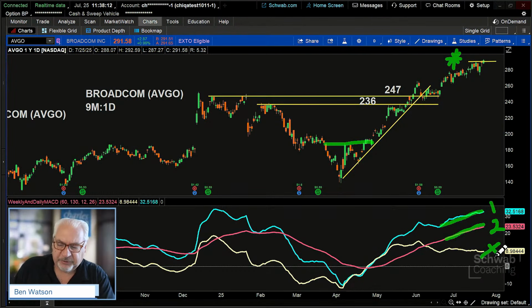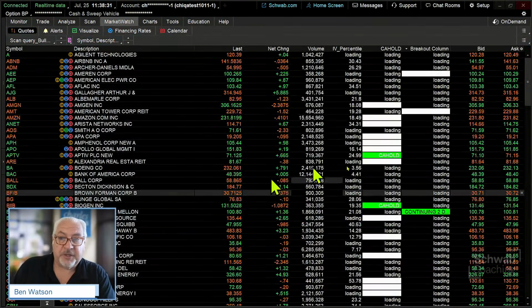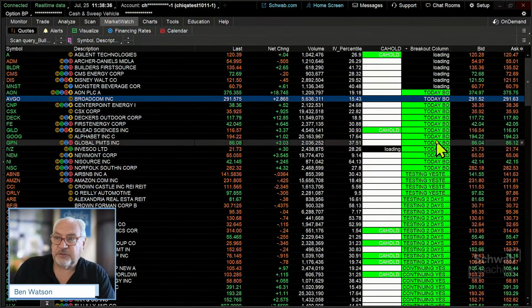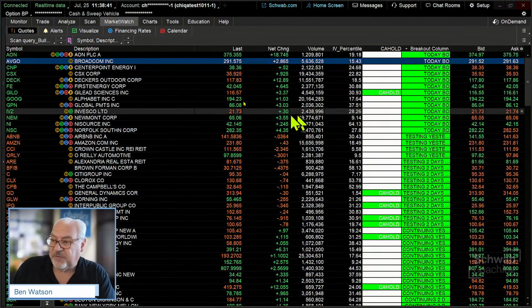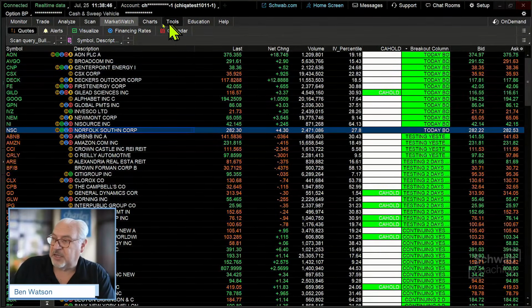Let's look at a couple of other examples here, and we'll also look for potentially an exit signal. So let's pop back over here, back to our Market Watch tab. We're starting to see more breakouts at the moment, so it appears to me that perhaps this market is starting to pick up some steam. Let's take this one, which is Norfolk Southern. I know that there's some news out about Norfolk Southern. And again, this is where maybe we've got a little bit more confirmation, and we've got an earnings announcement ahead next week.